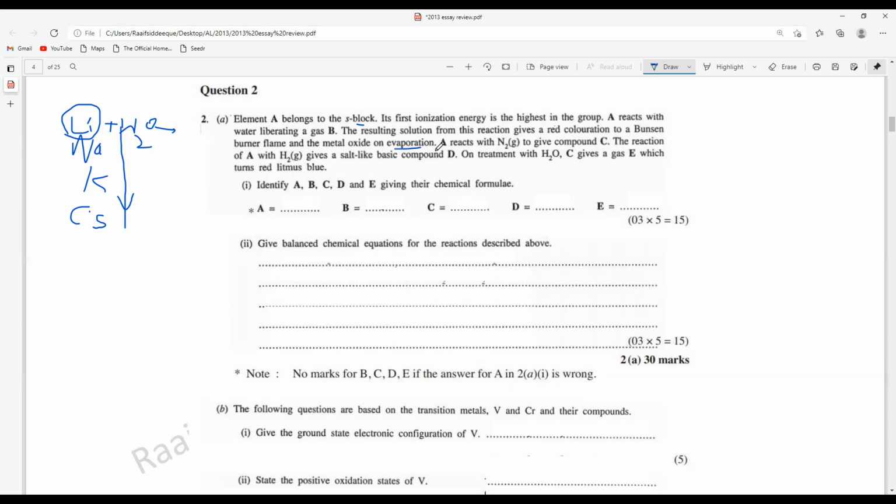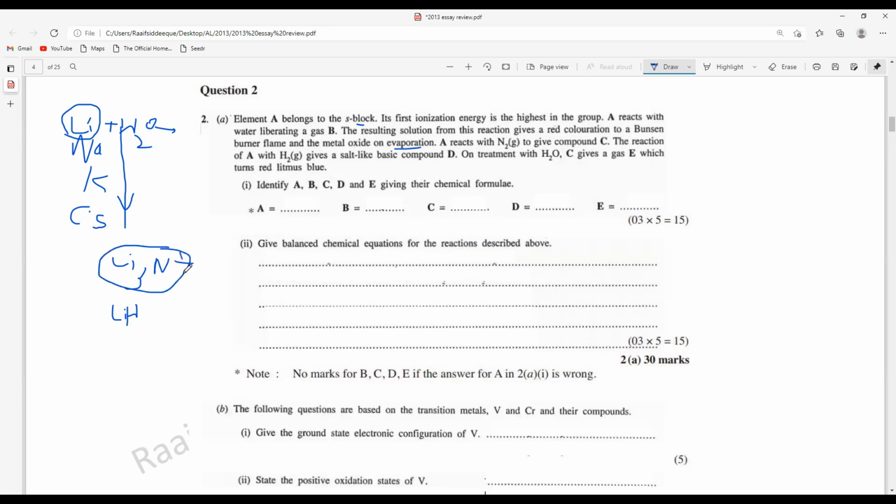And they further tell that A, which means lithium, reacts with nitrogen to give compound C. When lithium reacts with nitrogen, it forms Li3N, right? So there is the nitride. If you can remember nitride, where do we discuss it? The reaction of A with H2 gives a salt-like basic compound. Typically it is lithium hydride, right? On treatment with H2O, C, which is lithium nitride,